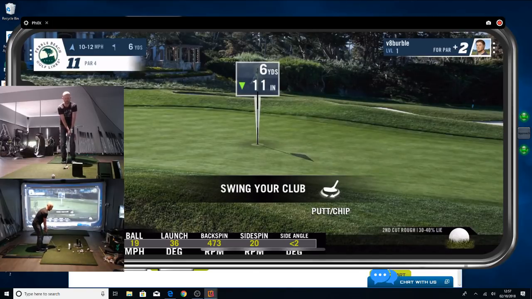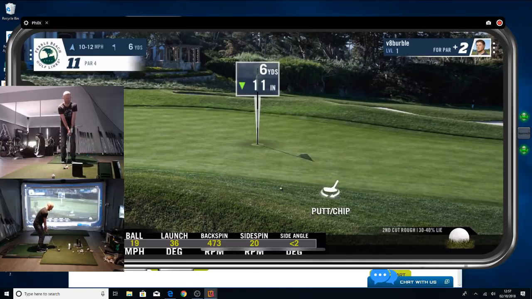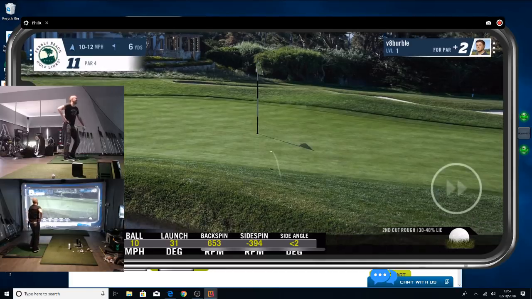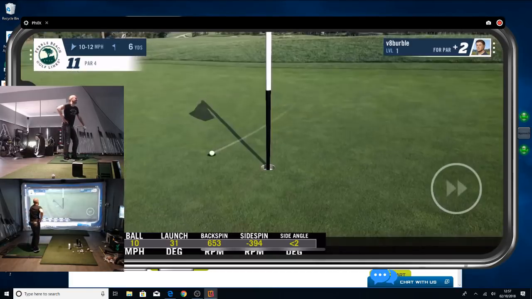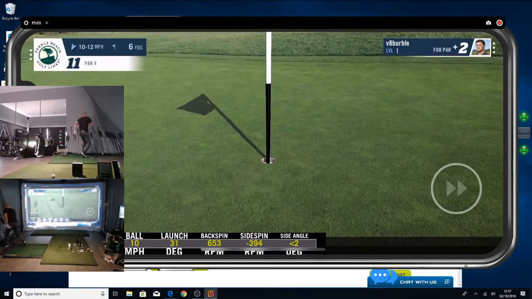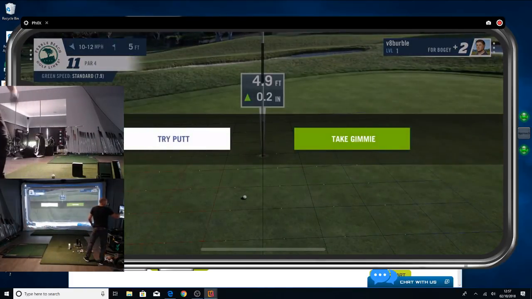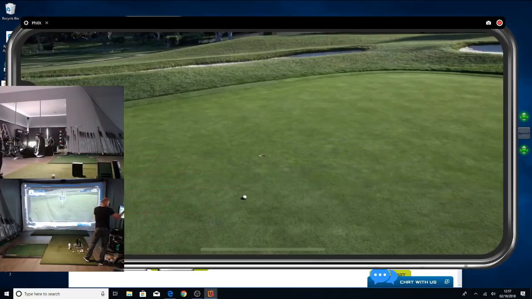So I must admit, I wouldn't really know what the physics, if this is good or bad. That's doffed, slightly doffed, but it's on the green. There we go, we'll take that. So 2 holes played rather abysmally, but it gives you an idea of what it looks like. The other things you can do with